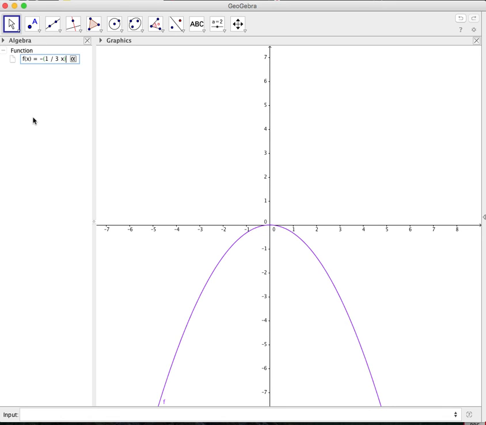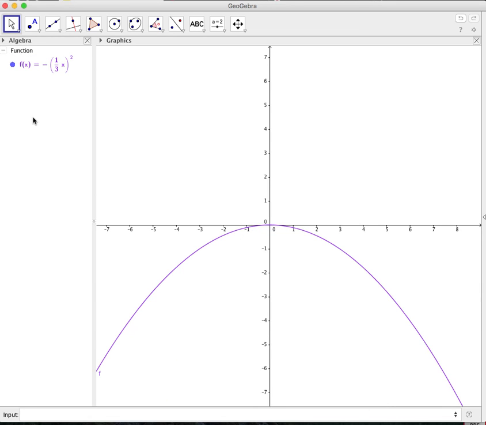We have 1/3 times negative x, all squared. Whoa. That makes sense: instead of x squared, it's 1/3. I'm hoping that you'll work on these on your phone and try some of these graphs,